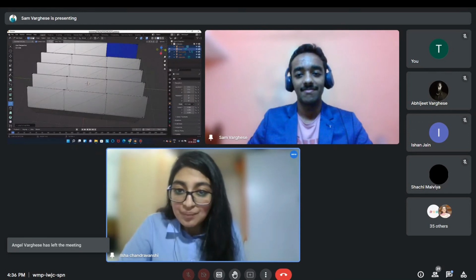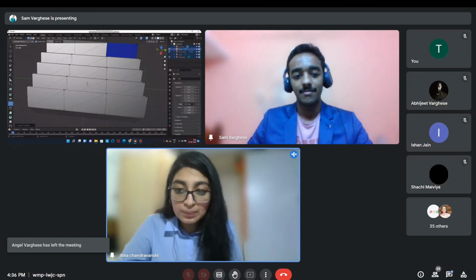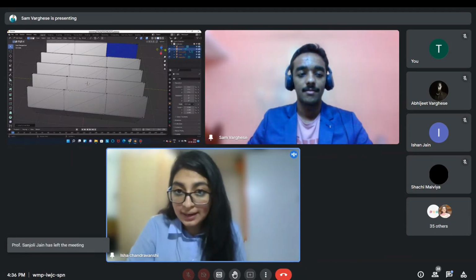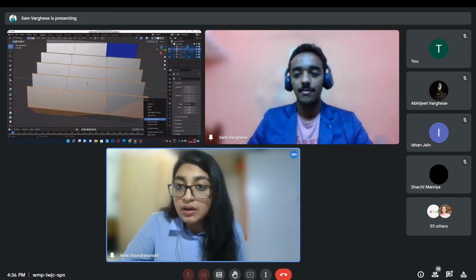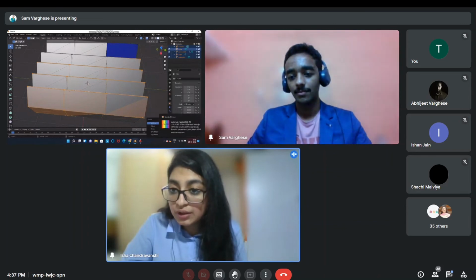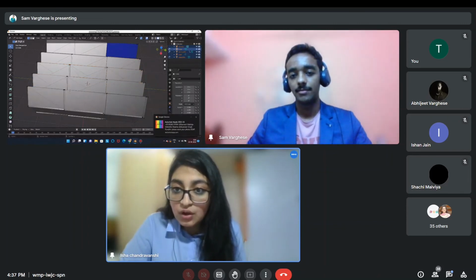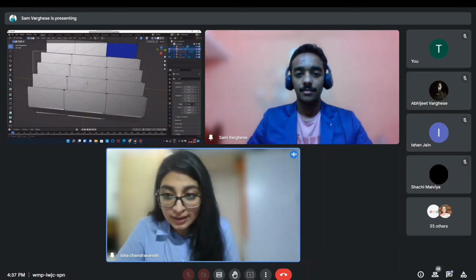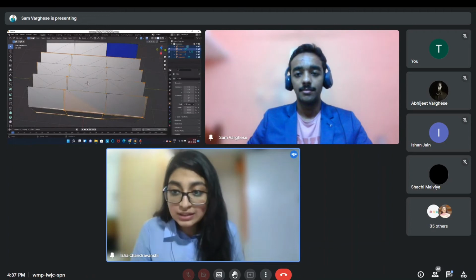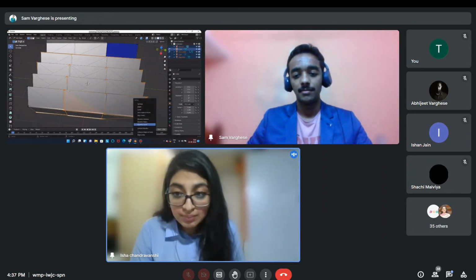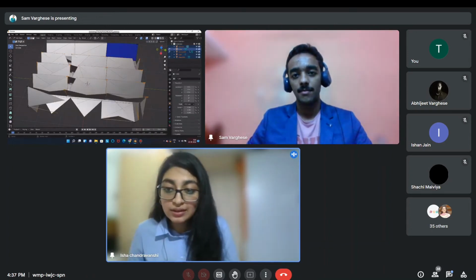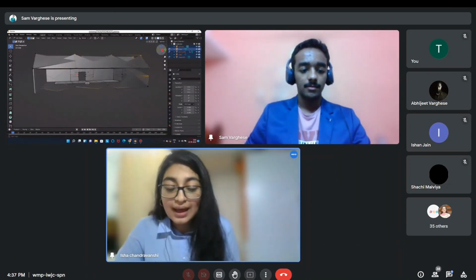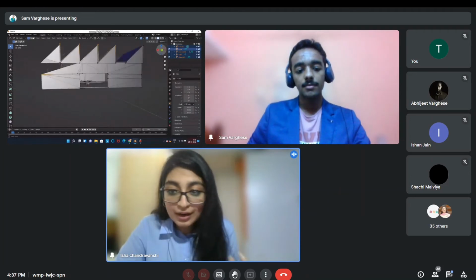Amazing, right? So what we are basically doing here is creating a 3D model using the Blender tool. Now here, as you can see, this is not a colorful 3D model. What we'll do is add textures and colors to it using the Spark AR software. So we'll take this model that we have built in Blender and insert it into Spark AR, and then we'll make it more attractive.